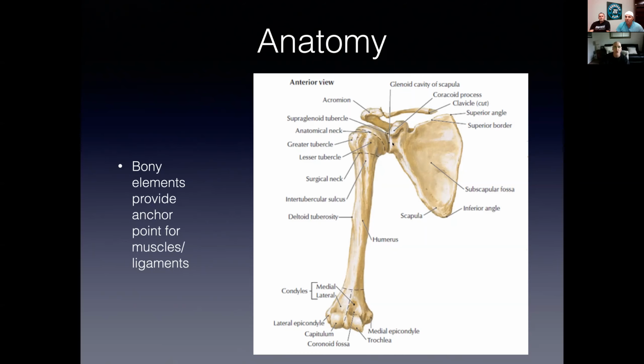Here is the humeral head, and that's the part that articulates with the glenoid. I want you to understand something here: if you look, the humeral head does not point directly straight ahead, nor does the socket. There is a degree of what we call version to it, and we're going to talk a little bit more about that, but that version changes and is different in people who are overhead athletes, particularly pitchers,